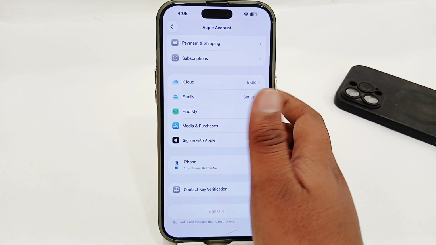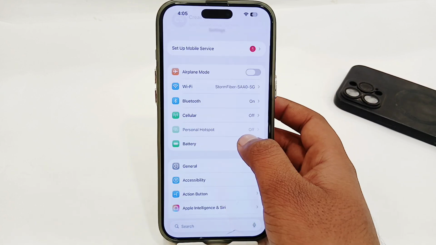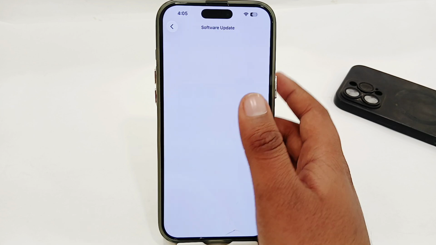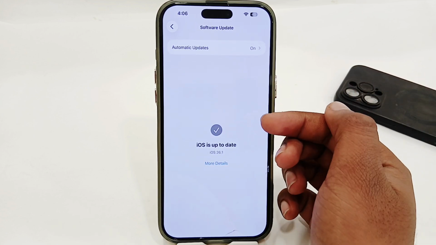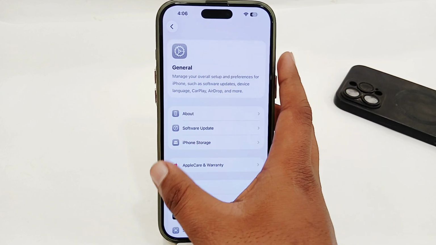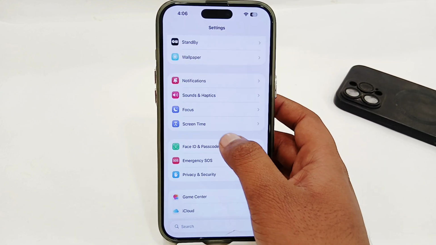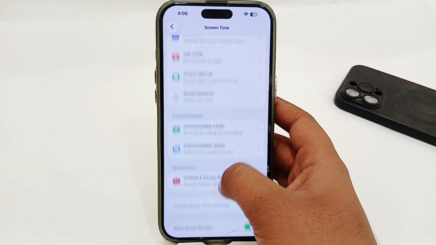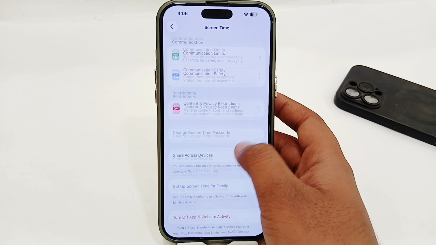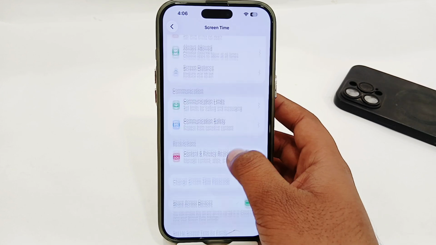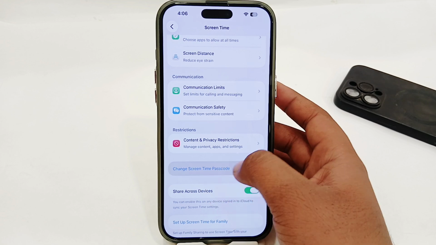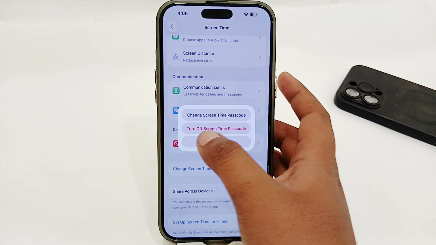So the very first thing is that you have to simply go back from here and go to General, and make a software update. Make sure that you don't have any pending software updates here. After that, go back from here and go to the Screen Time section, and here just scroll down and look for the option of Turn Off Screen Time Passcode. Here the option is Change Screen Time Passcode. Select that, and you'll get the Turn Off Screen Time Passcode